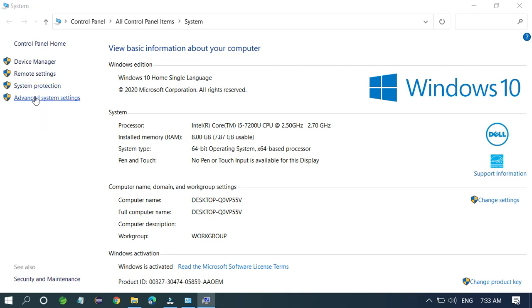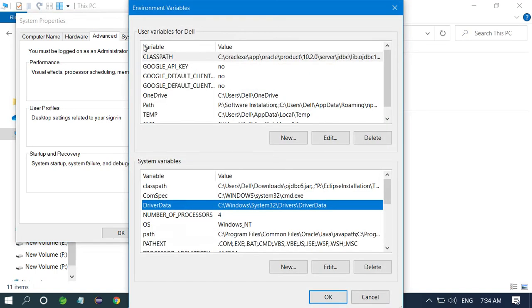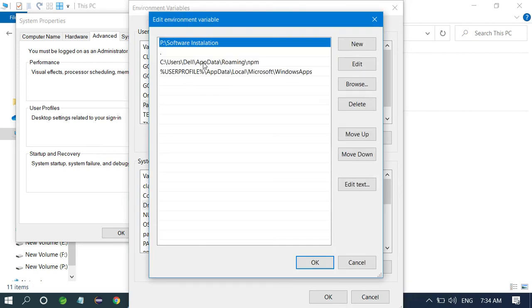Once you have entered, go to Environment Variables, and don't go to System variables, go to User variables and click Path. You already have a path set, so just Edit.